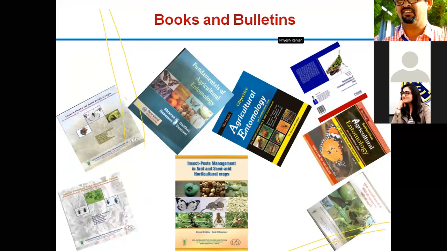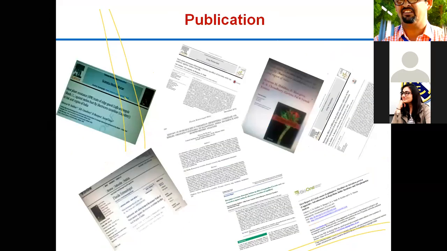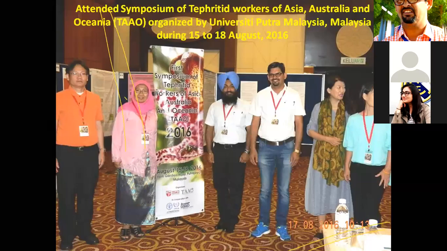Most students can use these fundamentals of agricultural entomology for research purposes; it covers the total syllabus of first year, second year, third year, with 4 or 5 courses, all of which are in this book. Another is for GRF, SRF, your PhD, ARS: the agricultural entomology objective book is also important. And for the written exam, if you go for ARS, then you take the subjective agricultural entomology book also. And these are some bulletins, these are some publications. Thank you.